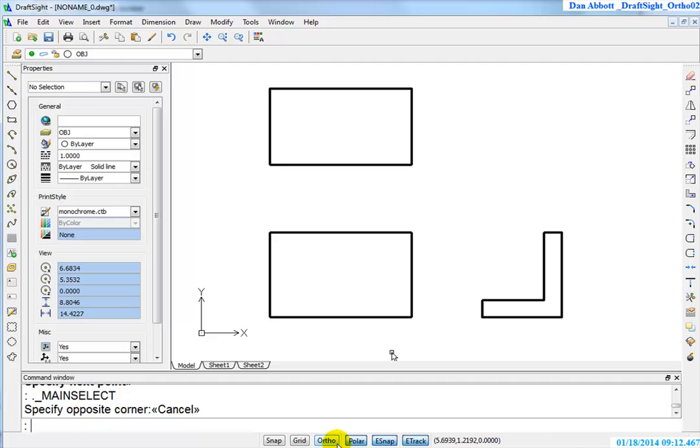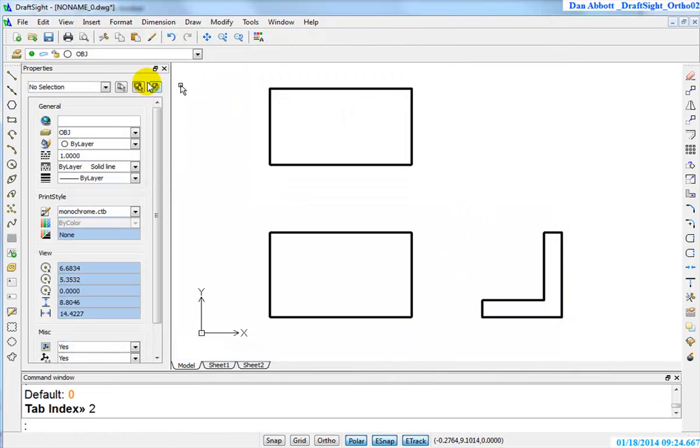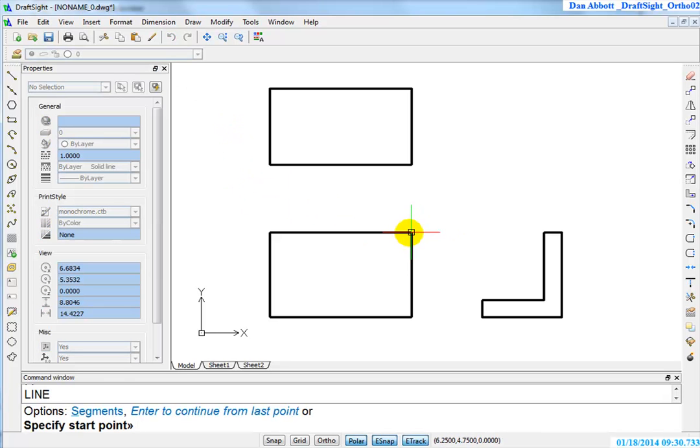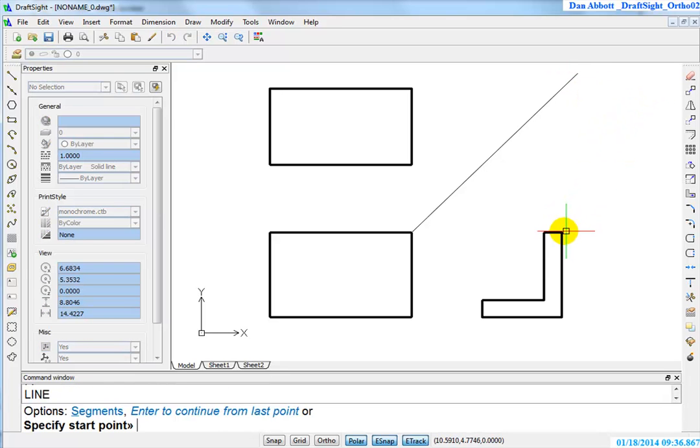There's a little trick I could have used. I'm going to go to polar tracking, right click, and pick settings, which is off the screen. And when I get the polar tracking set, I'm going to change my incremental angle to 45 degrees. I'm doing that just to show you that it's sometimes helpful to put a construction line that goes from the corner and goes up at 45 degrees, because when I do that, it now allows me to use that miter line, is what it's called,